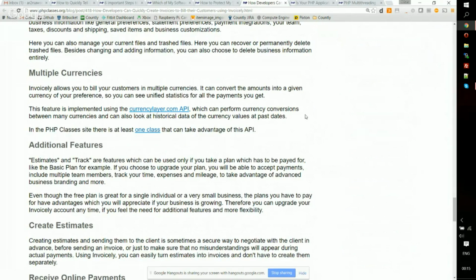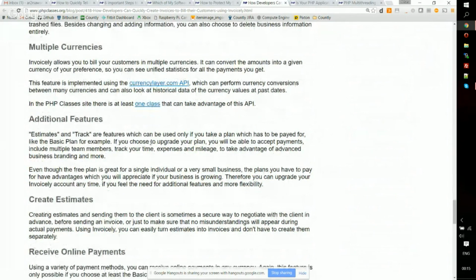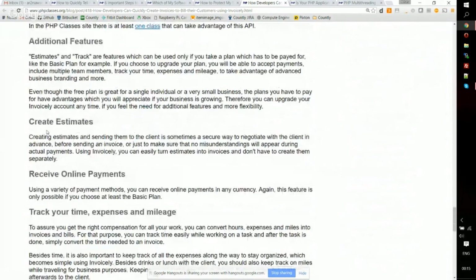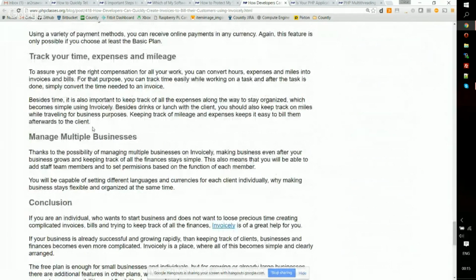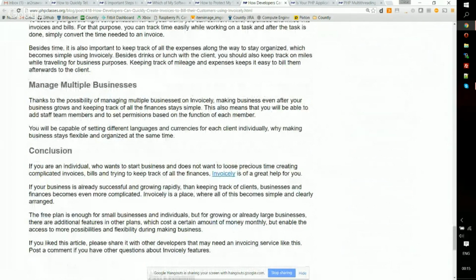And there are additional paid features, like estimates and tracks, where you need to upgrade to see them. This article also talks about them. Basically, yes, if you want to manage your own business, then Invoicely is something that could help you. I think if you want to manage your own software business, then probably you also need something which would manage downloads and access of clients to specific downloads, usually together with invoicing. Yes, that's